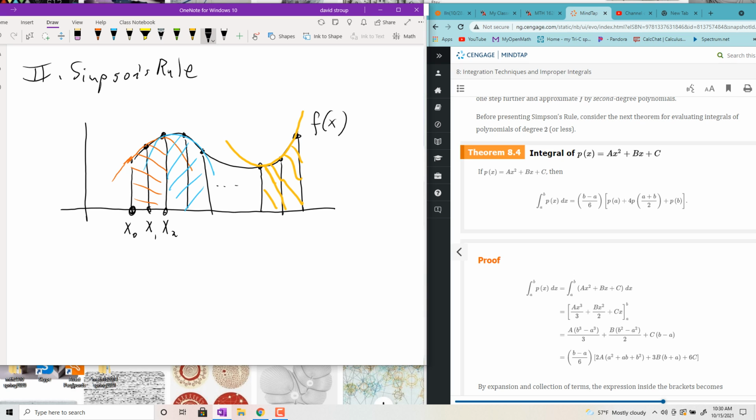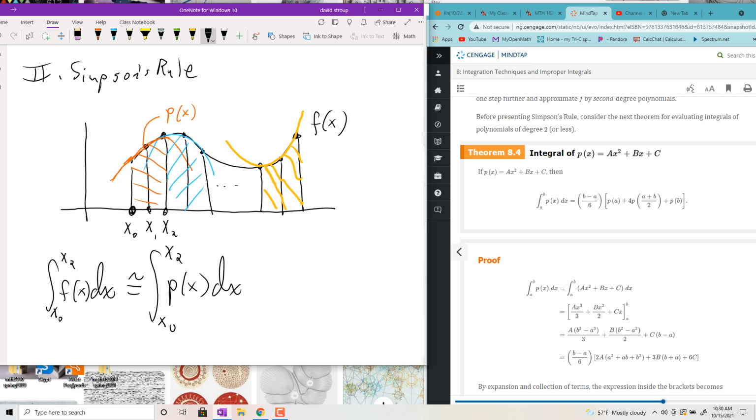So if you want to know the area underneath f of x from x sub 0 to x sub 2, dx, you can approximate it by finding the area underneath this polynomial, this quadratic. So let's say this red quadratic function here is p of x. Okay. So if you do the integral of p of x dx, it turns out that you don't really need to know the function to do that, because